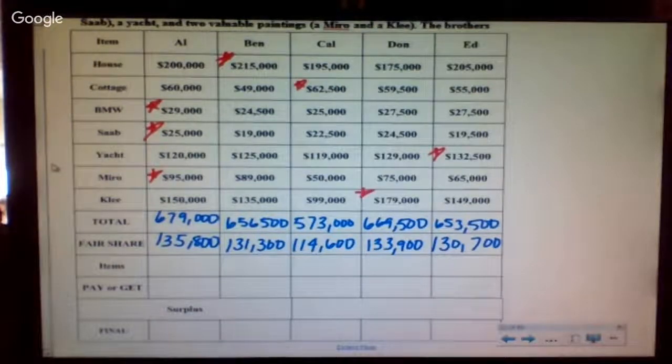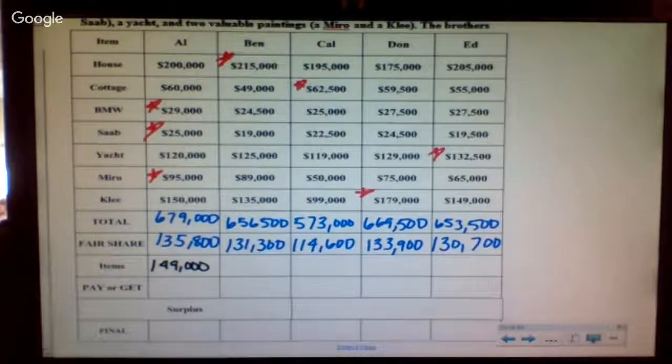Okay, so Al's getting 3 items. To put in his items, you need to add up the total of his items. How much were all 3 of his items worth? I got 149. Okay, so he got all 3 items that total out to be